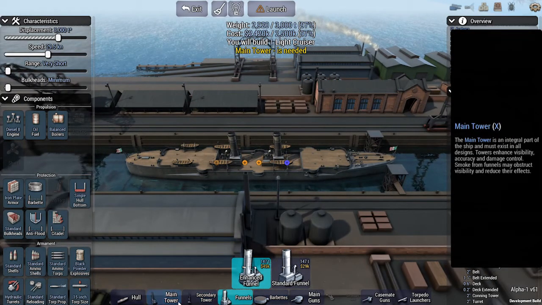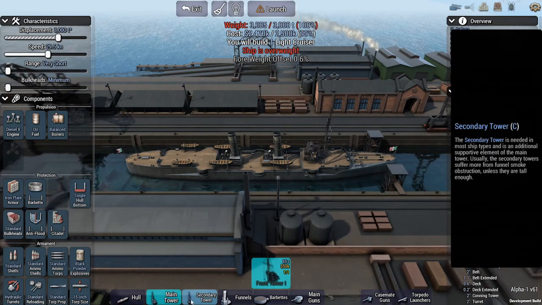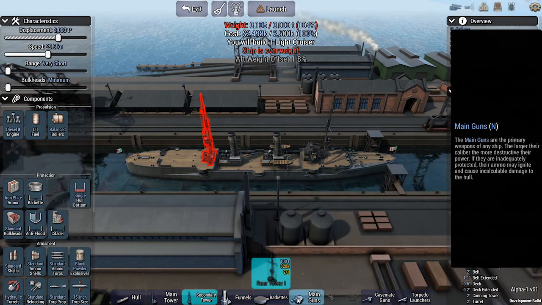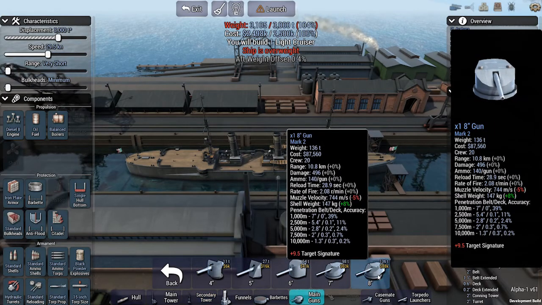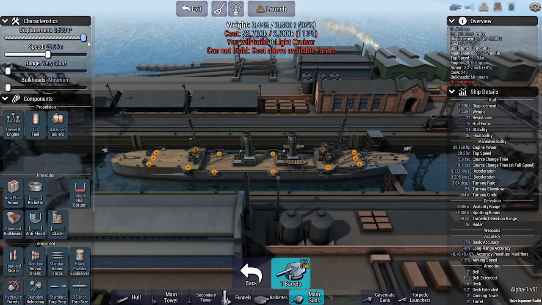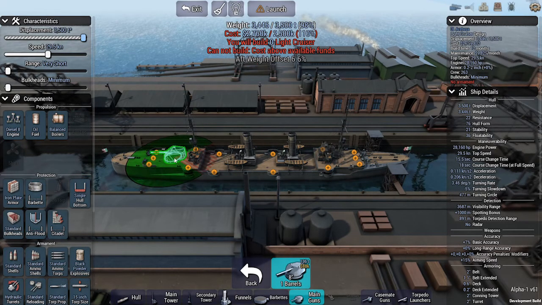Perfect. We, of course, need some towers. Front tower, I only have 2 options for towers. I want to do anything I can do to increase accuracy, because I am going to get the bigger 8-inch guns. Ooh, no, I can't. If I increase my displacement all the way, can I? No. Can I put it in the back? I can put a gun in the back, but there's not really any reason for me to put it in the back, because I'm going to be mostly chasing. Although, maybe if I pull up alongside...